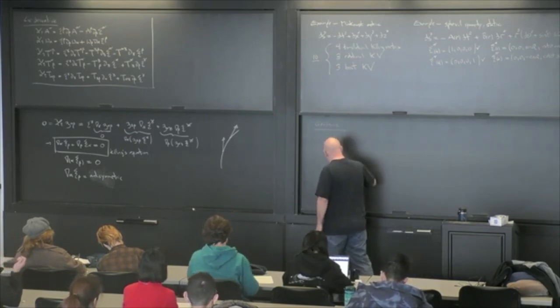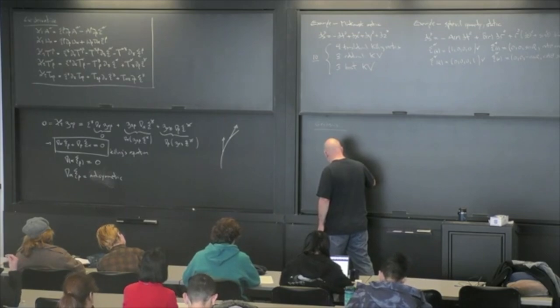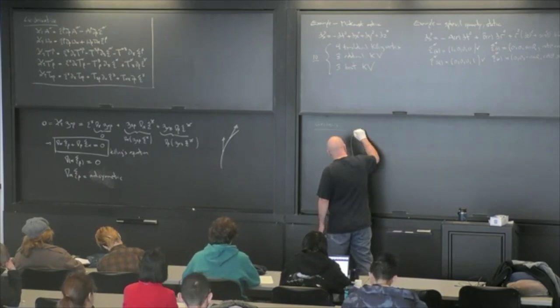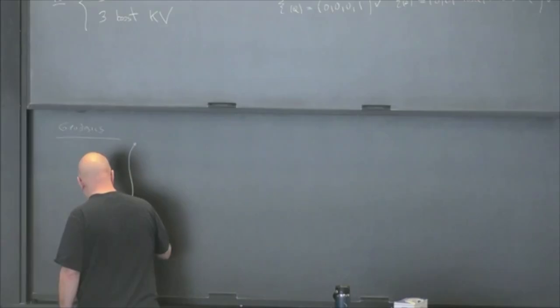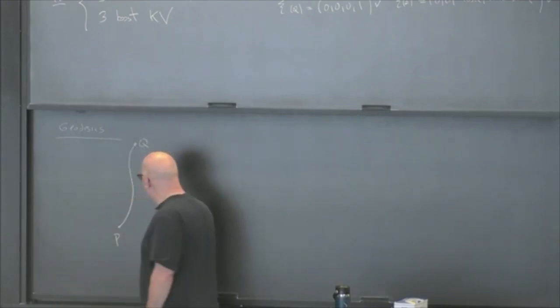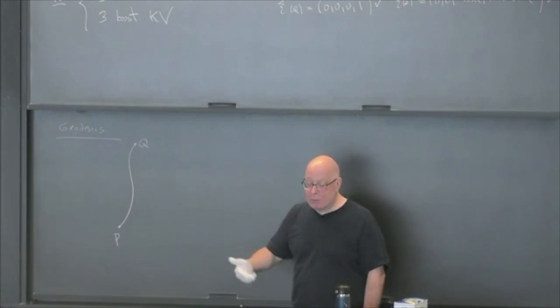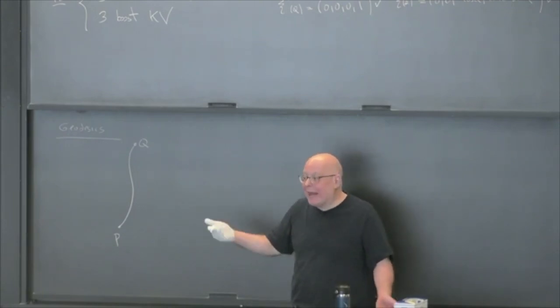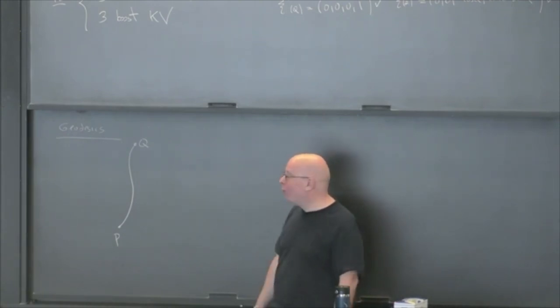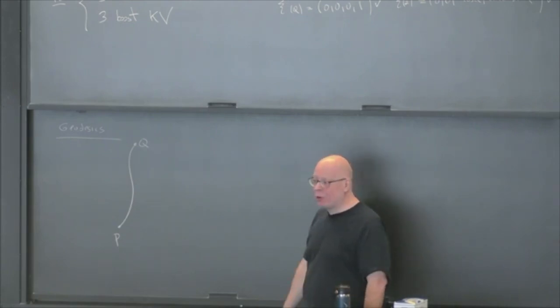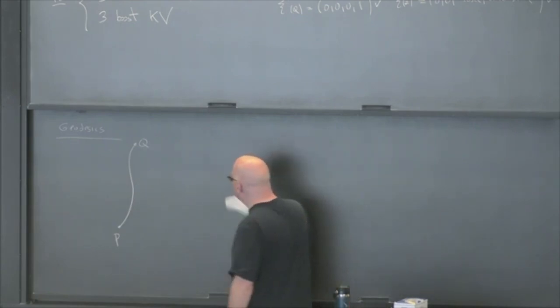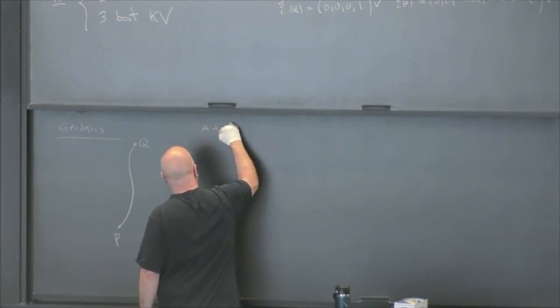So I'm going to draw a time-like geodesic, or at least a time-like curve between 2 points P and Q. And I will say that that curve is going to be a geodesic provided that it maximizes, or at least extremizes, let's use a neutral word, extremizes proper time on that curve. So a time-like geodesic